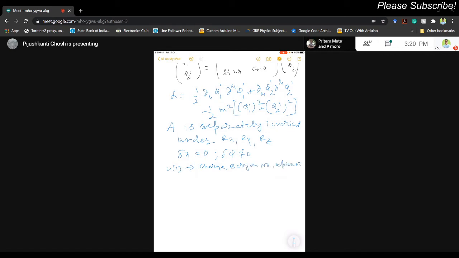That is called U1 symmetry. U for unitary, 1 symmetry. The symmetry is like phi goes to e to the power minus i theta phi. This kind of symmetry is responsible for charge conservation, baryon number conservation, lepton number conservation, and this kind of quantum number. Wherever you get conservation of a single quantum number, like charge, baryon number, lepton number, these are for U1, and the transformation is like this.